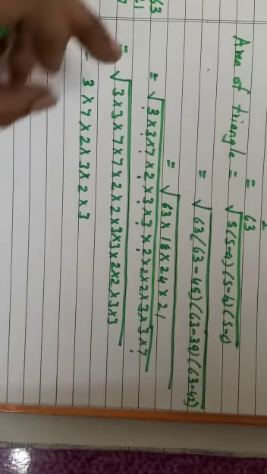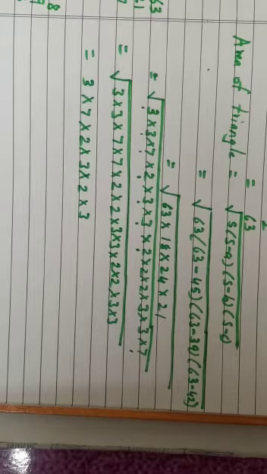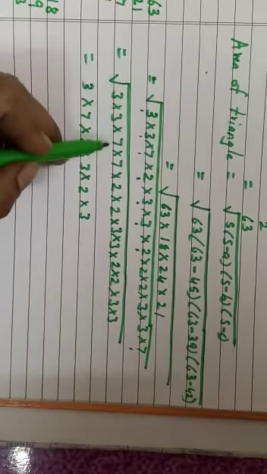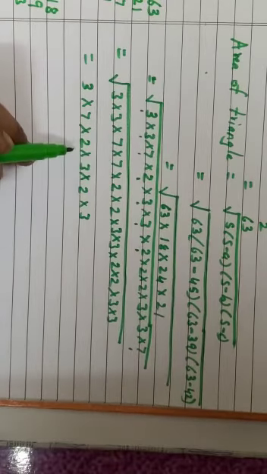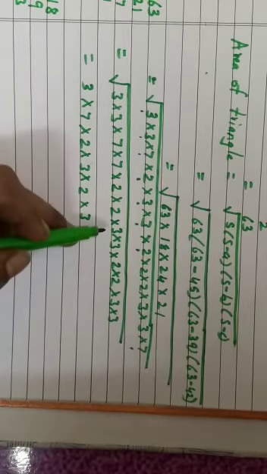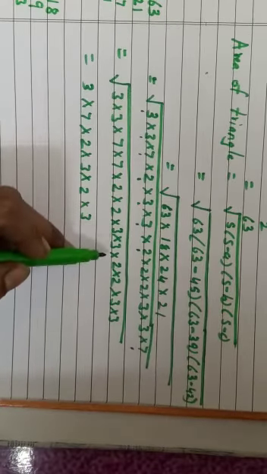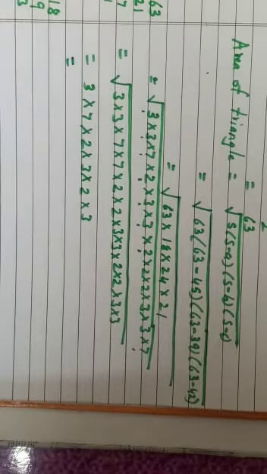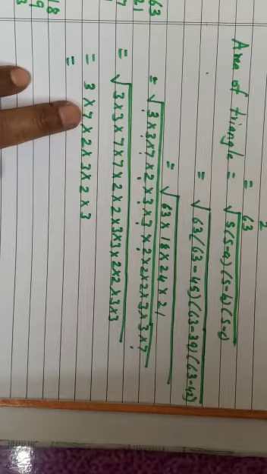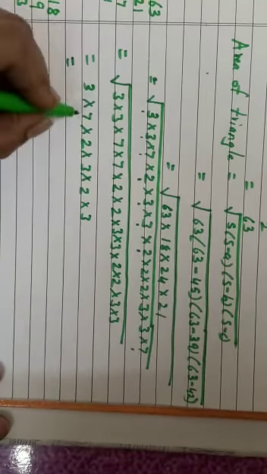So we should form a group in such a way that we get the square root of that particular number. Like this, 7 into 7 is 49, so the square root of 49 will be 7. 2 into 2 is 4, so the square root of 4 is 2. That is the reason we are writing the same numbers side by side: 3 into 3, 2 into 2, 3 into 3, like this. So now you multiply all this. What will you get? See here, 3 into 7, 3 sevens are 21. Okay.